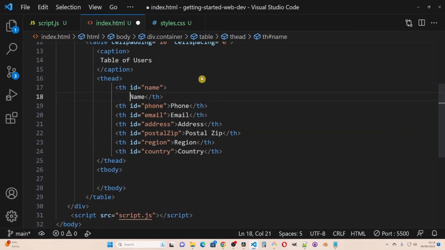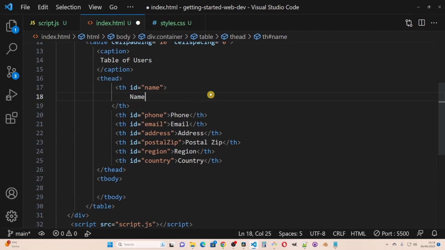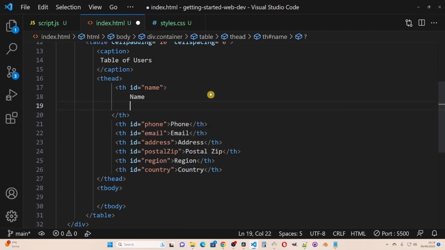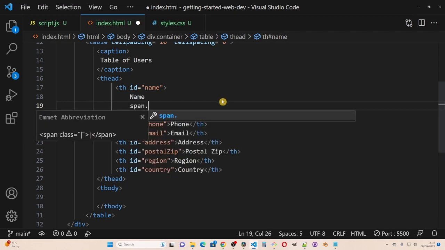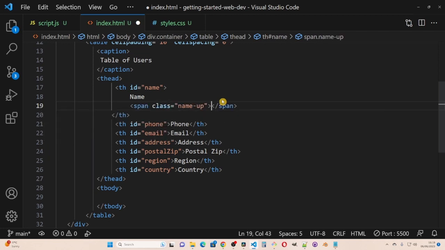Inside this table, first table header, I'm going to create a span dot name up, and I'm going to put in the hash for one,